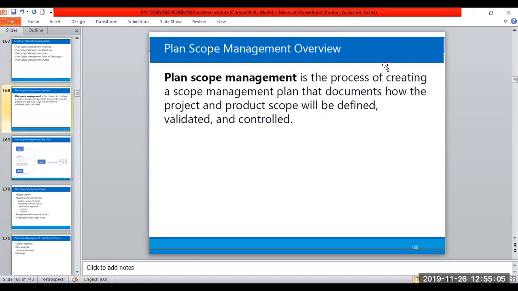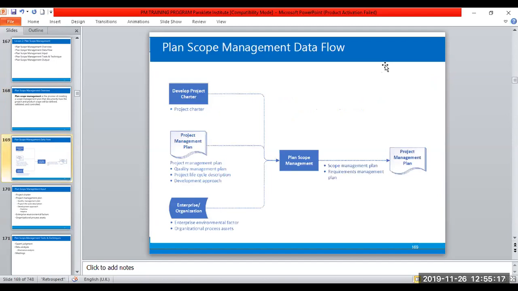Now, if we look at it, the process of creating a scope management plan that documents how the project and product scope will be defined, validated, and controlled. That is just it. All right, so the data flow diagram shows inputs,